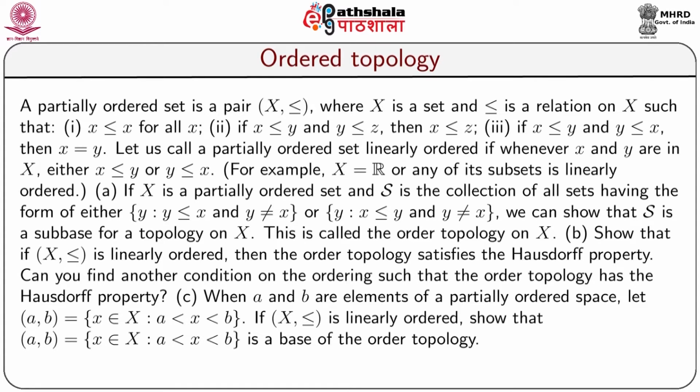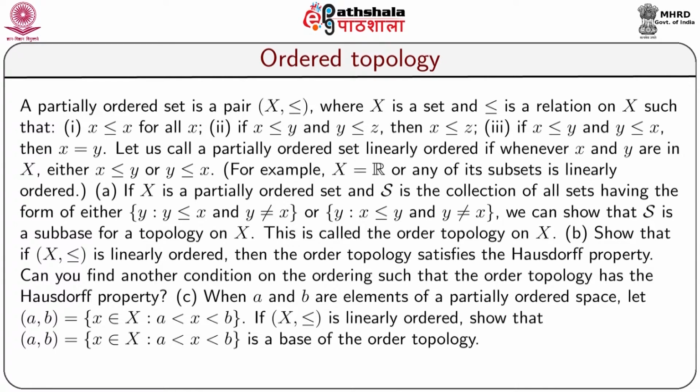Number 2, x ≤ y and y ≤ z implies x ≤ z, that is the transitive property. Number 3, x ≤ y and y ≤ x implies x = y. This relation is called a partial order relation on a set,